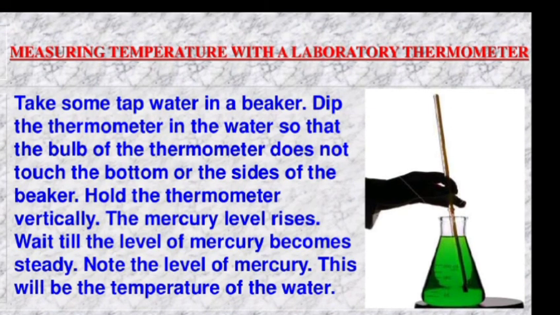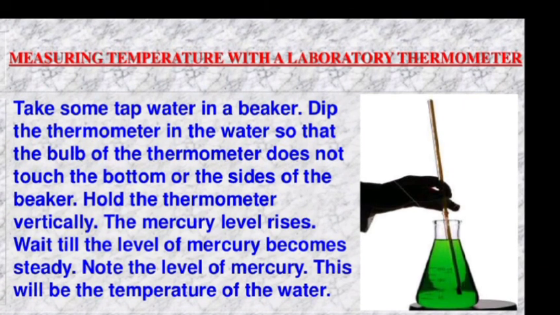While the clinical thermometers were designed to measure the temperature of a human body, and since the normal human body temperature is 37 degrees Celsius and it doesn't fall below 35 or rise above 42 or 43, that is why it has a small range from 35 degrees Celsius to 42 or 43 degrees Celsius only. So these were some types of thermometers that we use.